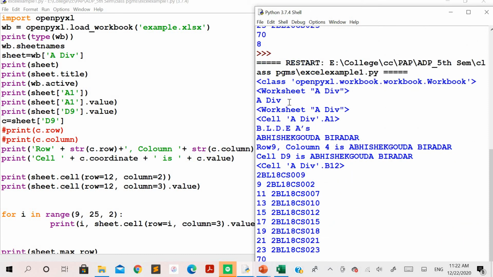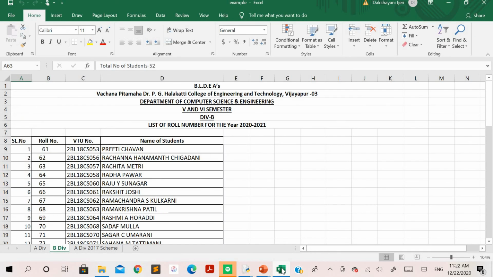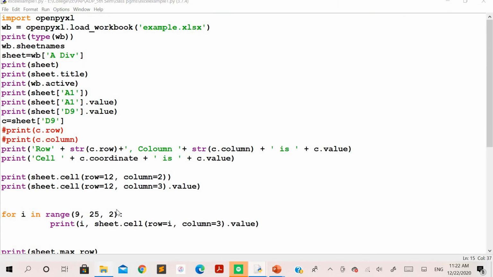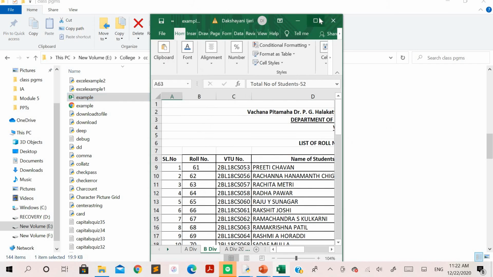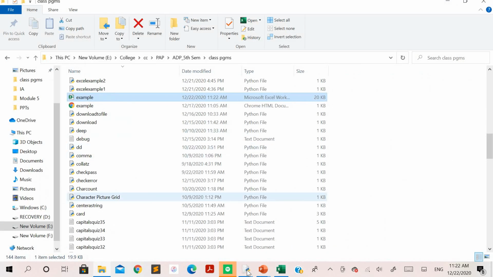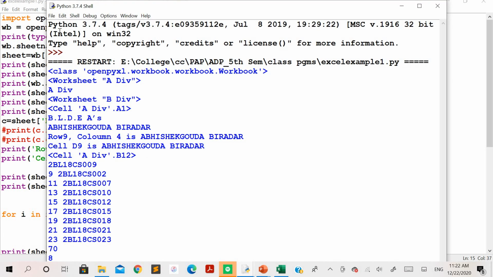Okay, so right now we are in B division as the active sheet. So let me run this program and see.